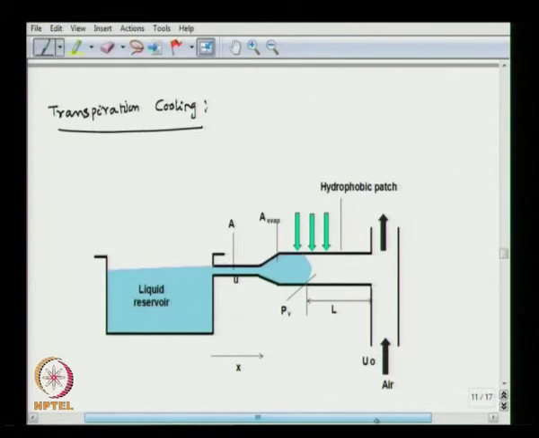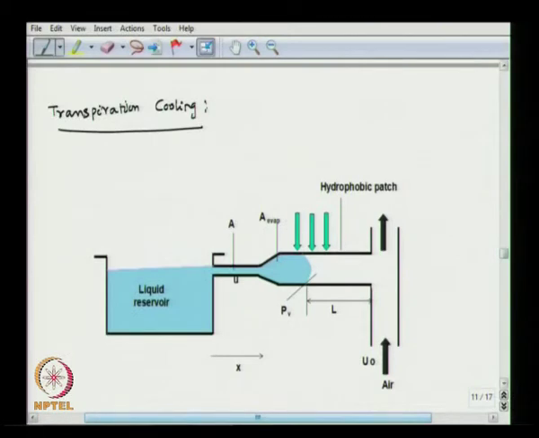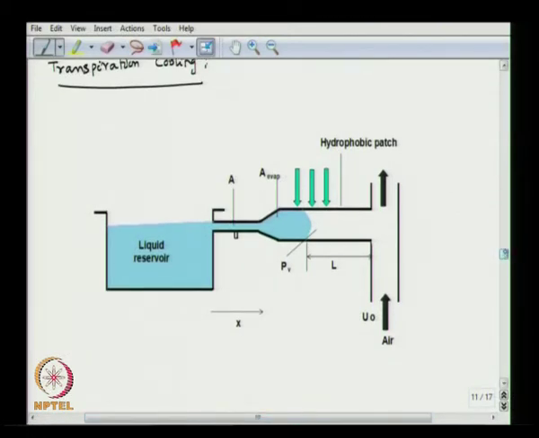Transpiration cooling is what we see on the leaves. Based on that, the water moves from the root of the tree to the leaf, because the water moves out of the leaf because of the transpiration cooling effect, and it creates a negative pressure on the surface of the leaf, which basically draws liquid from the ground to the leaf. So, a similar effect is discussed here.